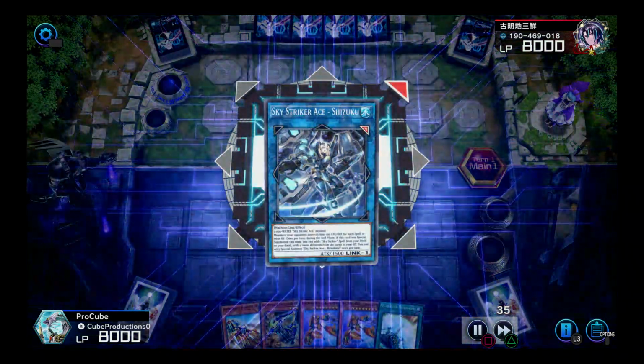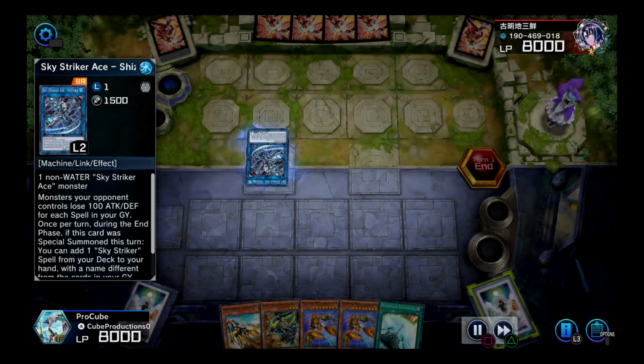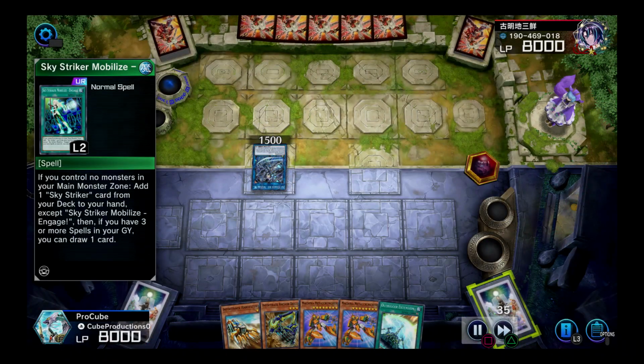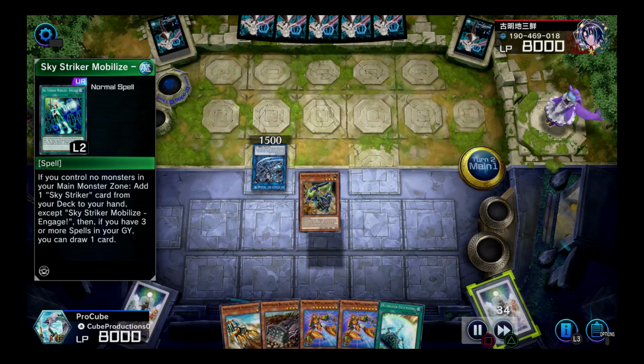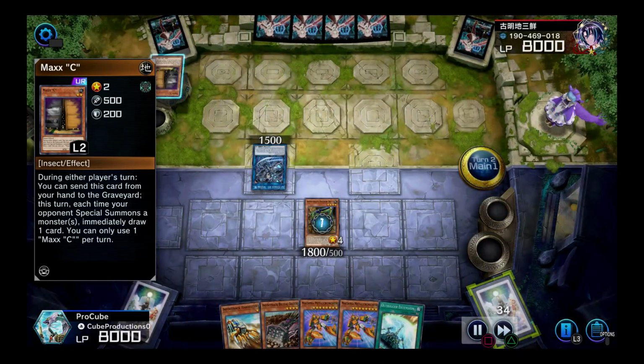Final duel. We're fighting against Sky Striker. So of course, we're gonna fight against a really strong deck if you want to actually play. So he immediately summons his Sky Striker Mobilize and decides to add a spell from his deck to his hand. And I'm worried because I know Sky Striker spells just lock you out of playing the game, basically,